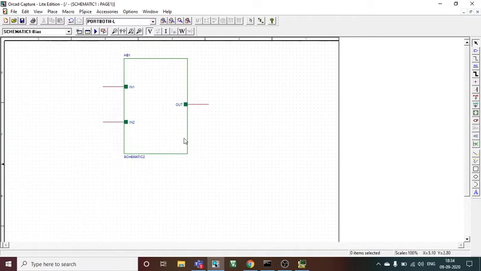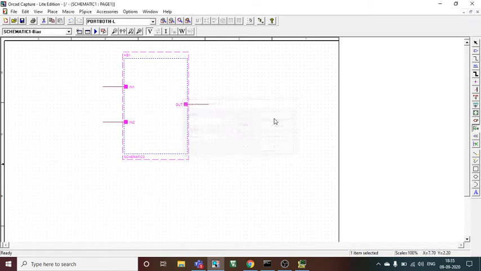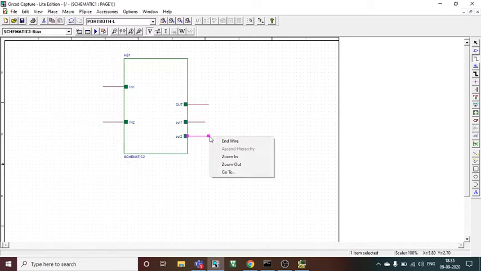We have three outputs. If we consider the first one as in 1 greater than in 2, we have to place two more outputs. We will press in the middle, H will be highlighted, and we will give it the name out1 so that we remember the sequence. We will place two outputs over here and we are done. So I need wires actually for the out, so I will place them. Make sure you press at the end, otherwise it will keep moving.